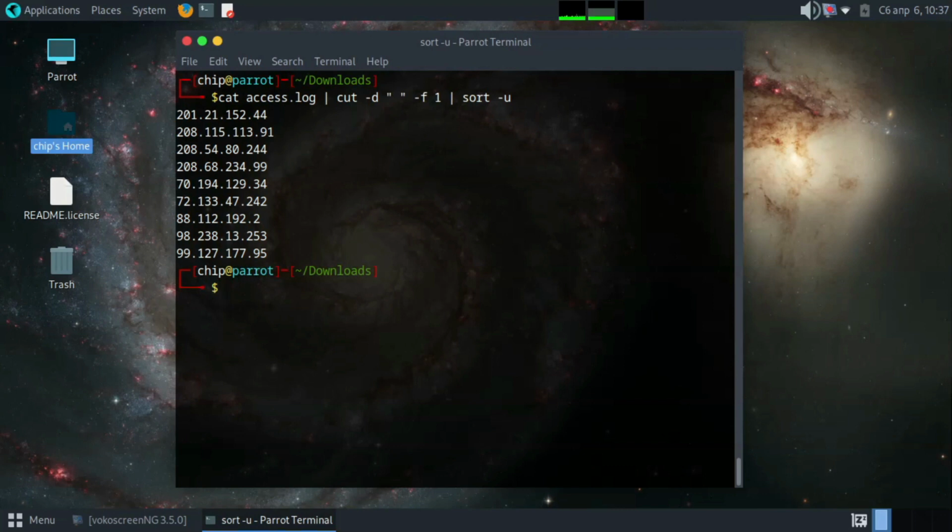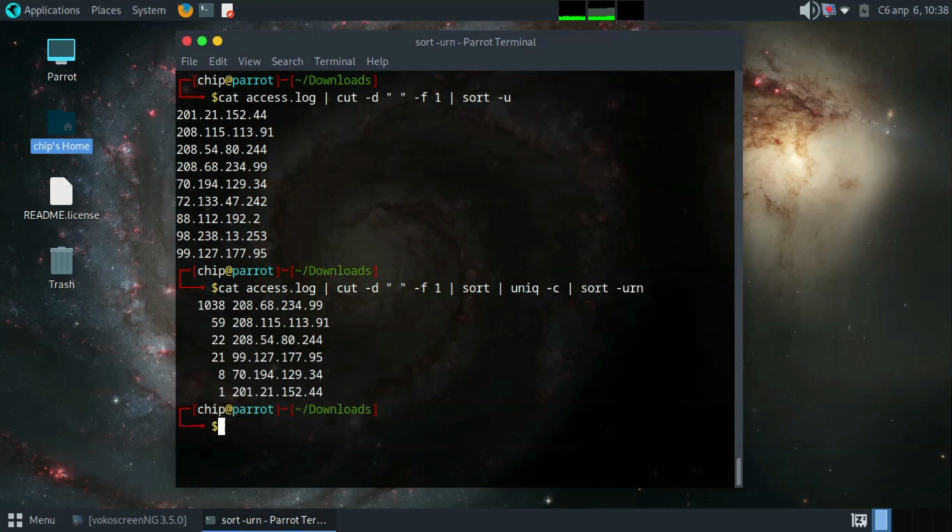We see that fewer than 10 IP addresses were found in the log file, although this still doesn't tell us anything about the attacker. Next, we will use uniq and sort to show unique entries, further refine our output, and sort the data by the number of times each IP address accessed our server. The -c option of uniq will prefix the output line with the number of occurrences. A few IP addresses stand out, but we will focus first on the addresses with the highest access frequency to filter out the